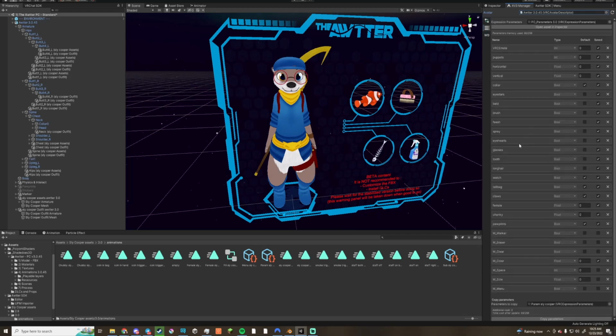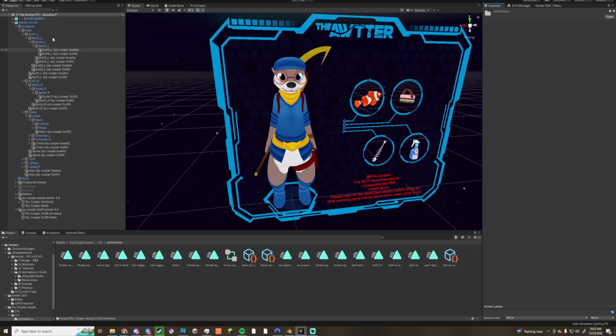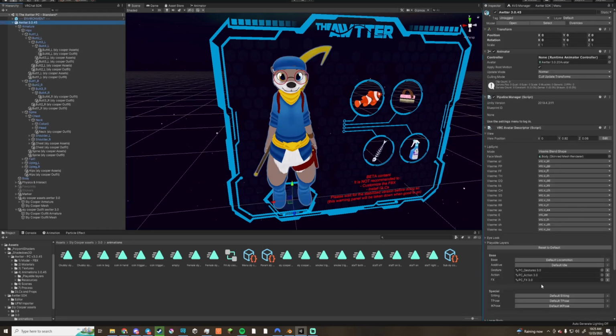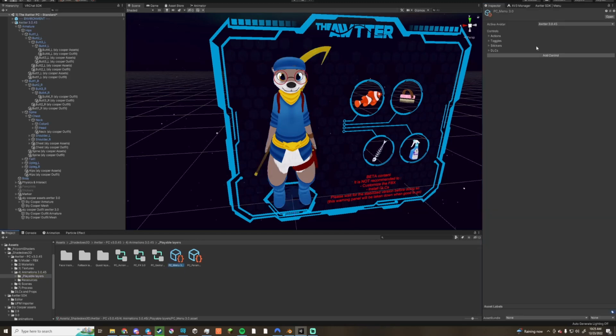open up the parameters and look for this. Drag the Sly Cooper parameter in here, copy the parameters, then you'll want to find your avatar menu. So you can go here and click on that, open up the menu,